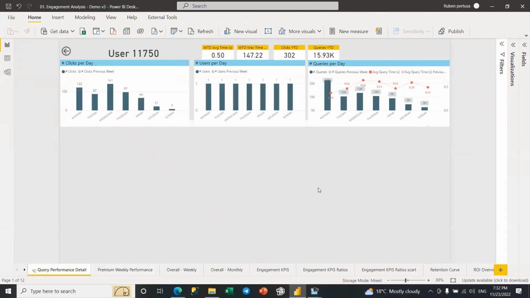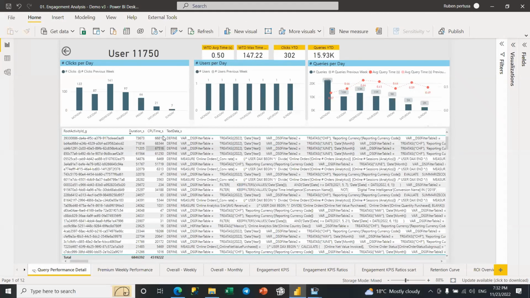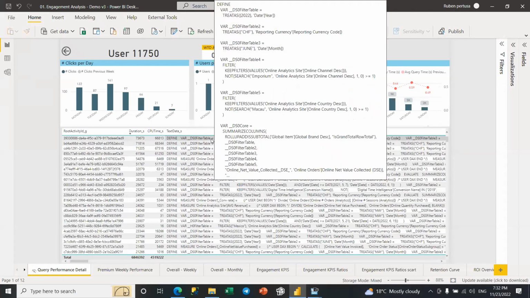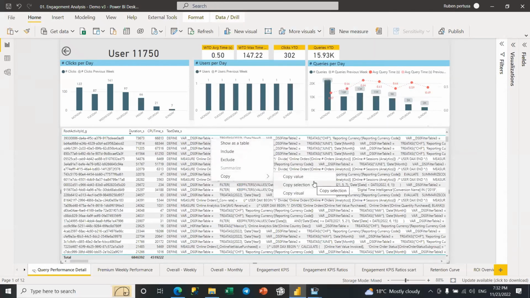So I'm not getting all the logs, all the DAX queries. That will be millions and millions. This dashboard will be huge. There is no need to store all this information. What we just need is, when we need to go deep into understanding the queries, to run a query directly to the Log Analytics, okay? So at some point, if this comes back, yeah, we will see exactly the query that we can just copy, go to our favorite tool, DAX Studio, and start debugging from there.